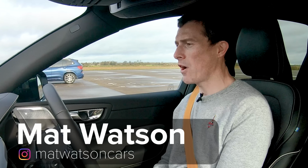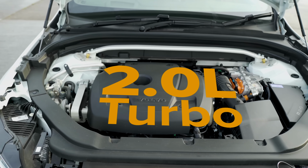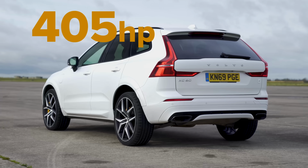I've got a bit of a new school versus old school drag race for you in SUVs. In terms of the new school, it's this: a Volvo T8 by Polestar. This has a 2-litre turbocharged petrol engine, but it's boosted by an electric motor, and combined you have 405 horsepower